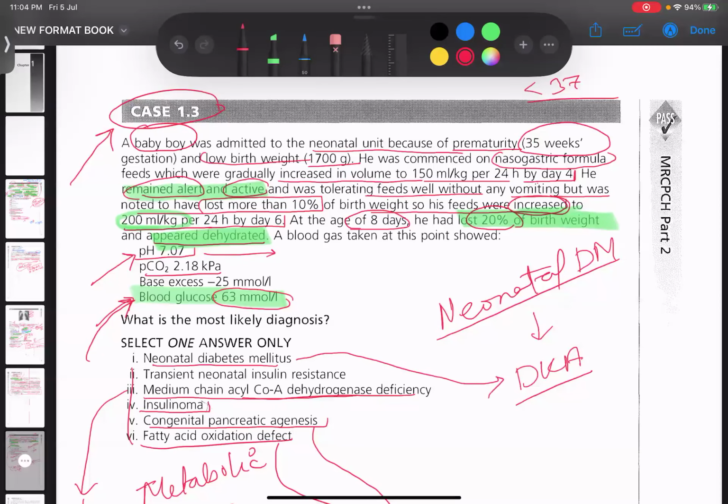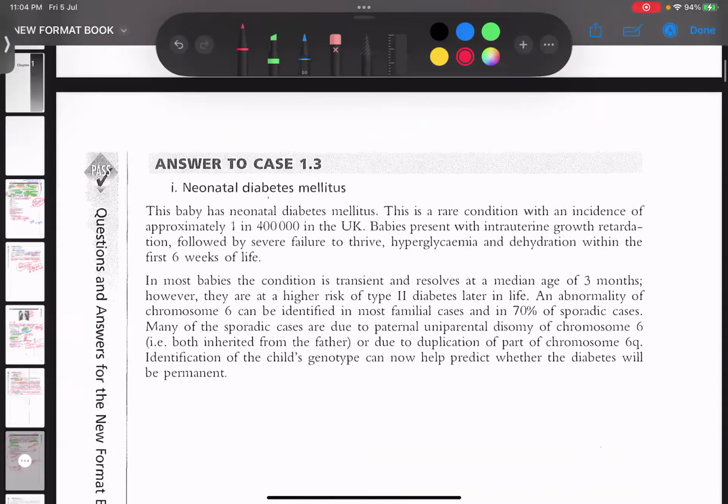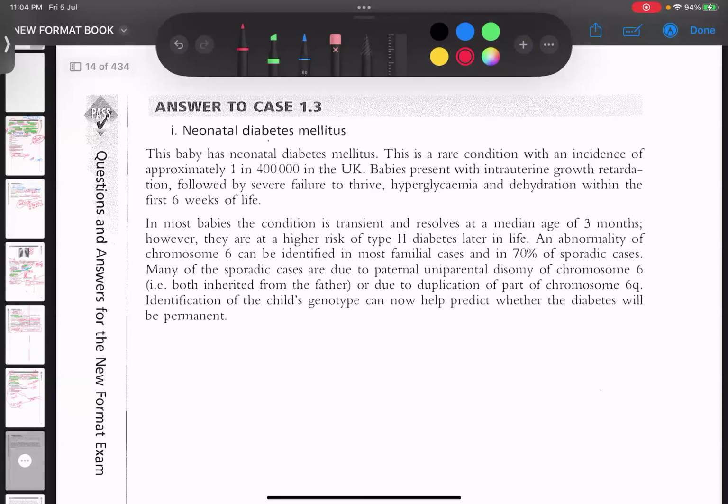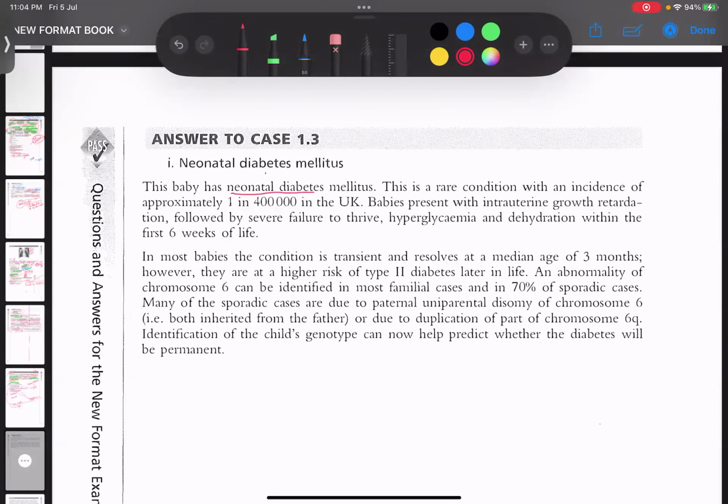Okay. Now let's look into the explanation. They didn't have a lot of information in this case. See, this baby has neonatal diabetes mellitus. It's a rare condition, incidence of 1 in 400,000 in the UK. Baby is present with intrauterine growth retardation. That's the reason the baby had a birth weight of 1,700 gram, followed by severe failure to thrive, hyperglycemia, dehydration